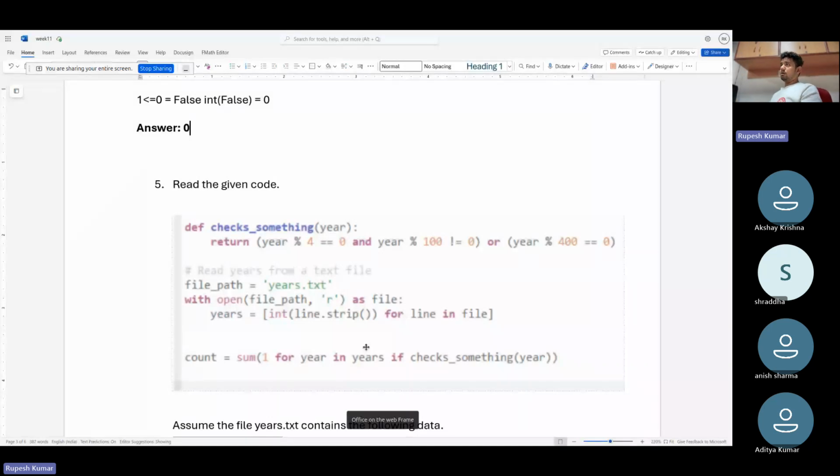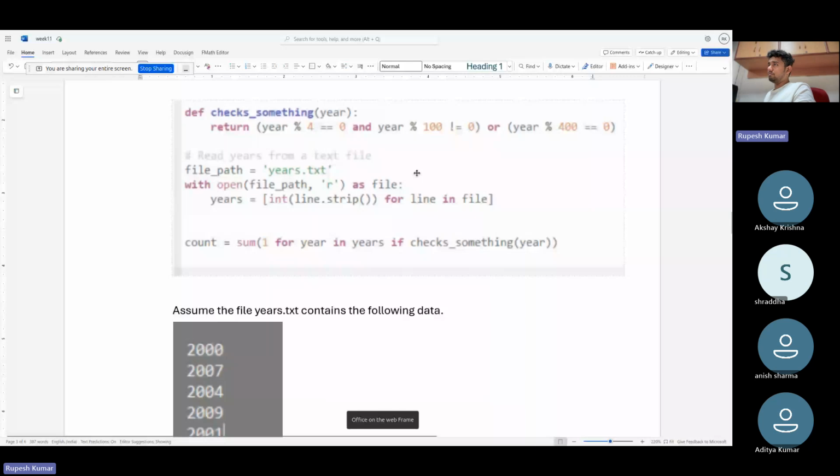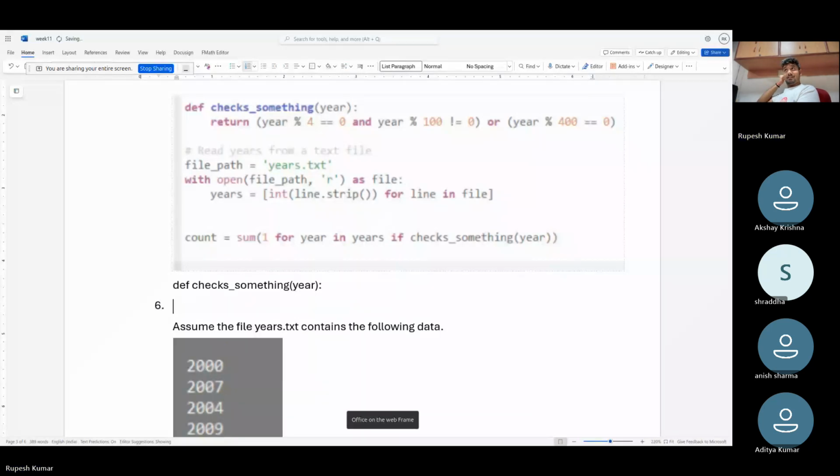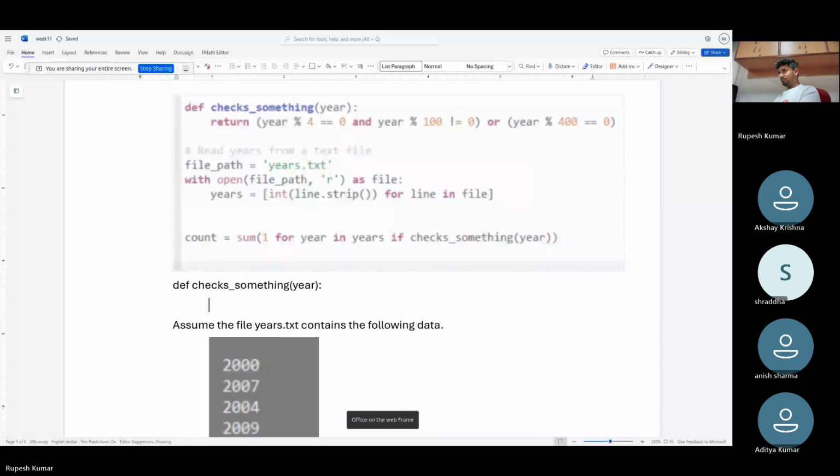Read the following code, and then we have to give some output. Fine. So def checks something here. So let's see what it does. Def something. Let's see what this function says. It says return